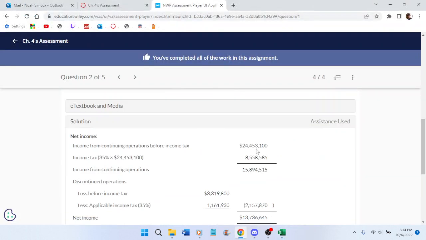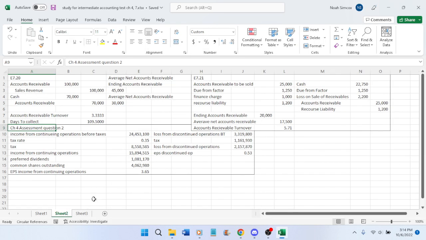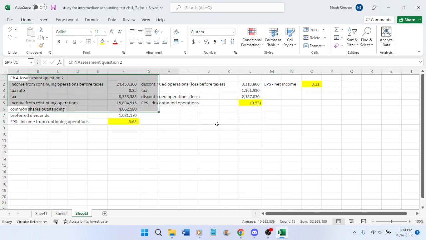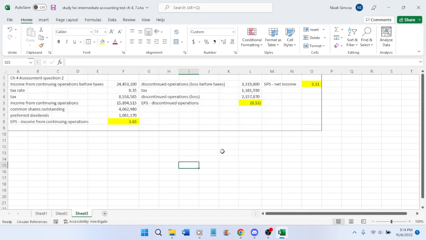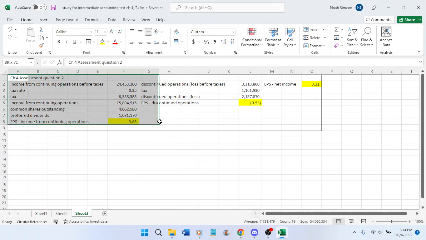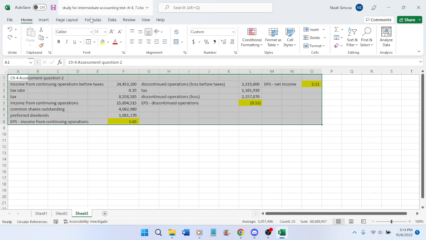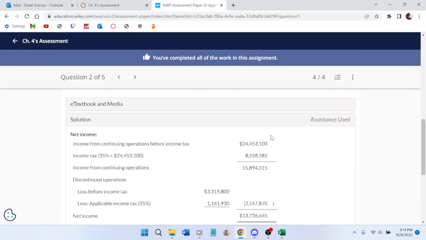365, negative 0.53, and 3.11. So there you go. Was that the same answer as I got before? 365, 0.53. That's how far I got before. So there you go. Easy. Outside borders. Oh, really? Why did I do that? Stop. There. We're done with that one. So, what's the next question?